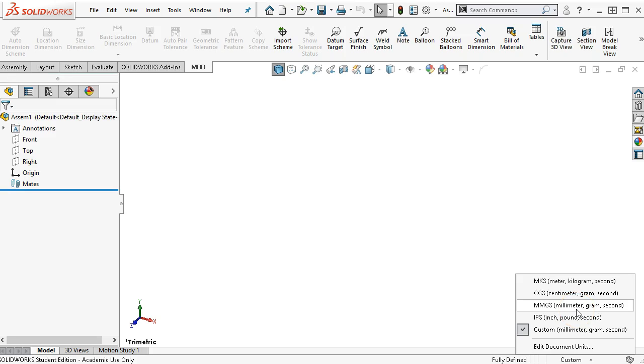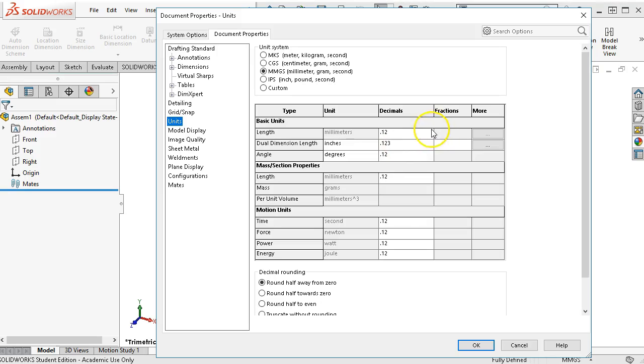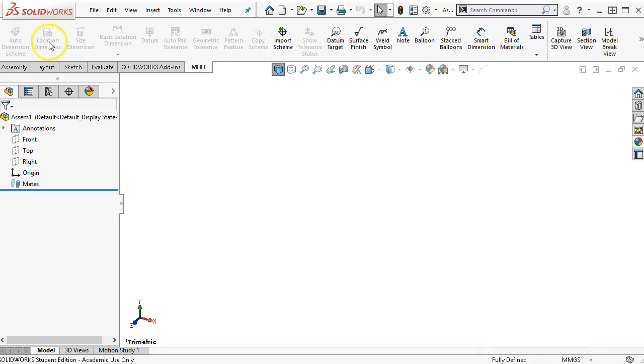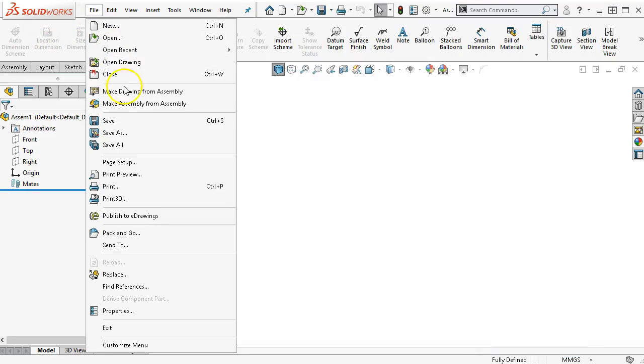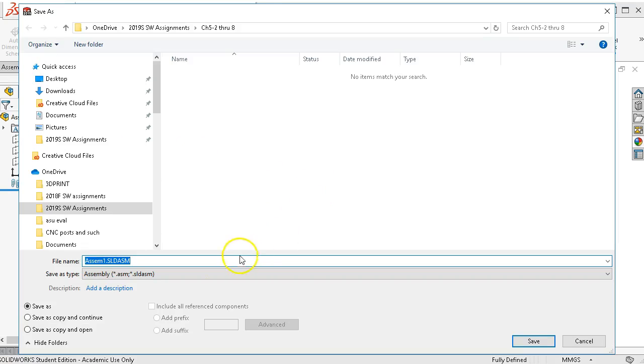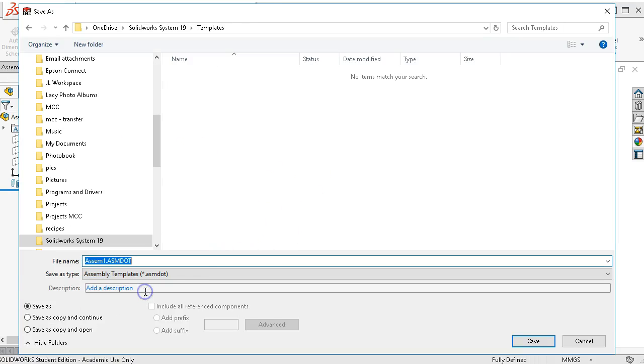If we were to go millimeters, grams, and seconds, and then come back and edit the document units, 2 decimal places on the millimeters, 3 on, don't really need to be that custom. So we'll do a save as to the template, and it goes back to my location. And so if I do assembly, still have those caps on,